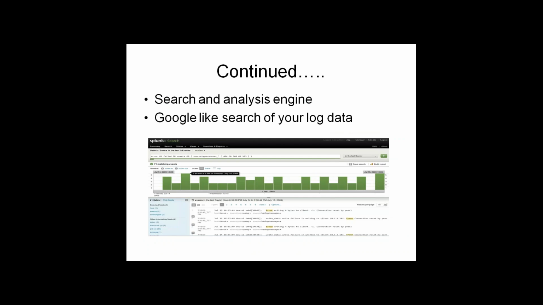Now, one more definition of Splunk is a search engine, and not only a simple search engine, it is like a Google search engine. Okay, so what's the difference between Google and Splunk? Any idea? In Google, we search for the data across the globe. Let's say if I'm searching for Bahubali, or if I'm searching for Amitabh Bachchan, I would also get the data for Amitabh Bachchan and Bahubali, right?